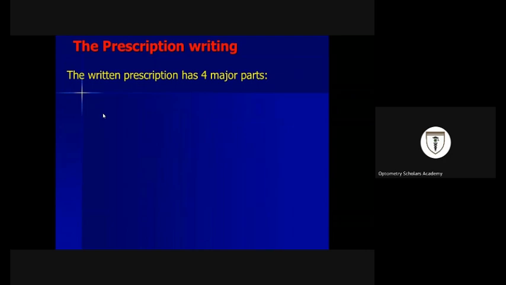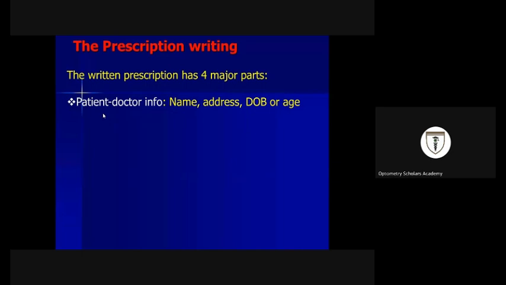So, prescription writing. Written prescriptions have 4 major parts. The first part is the patient and doctor information, which has to do with the name of the patient and name of the doctor, address of the patient, date of birth of the patient, age of the patient. And the inscription is the second part, which is the name of the drug and the